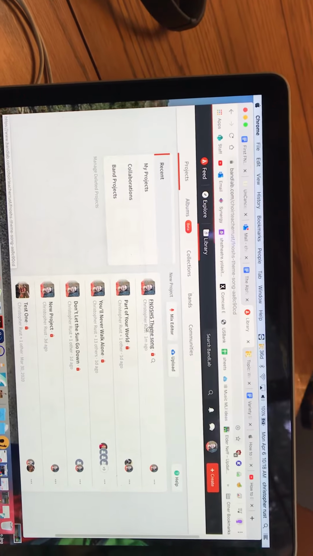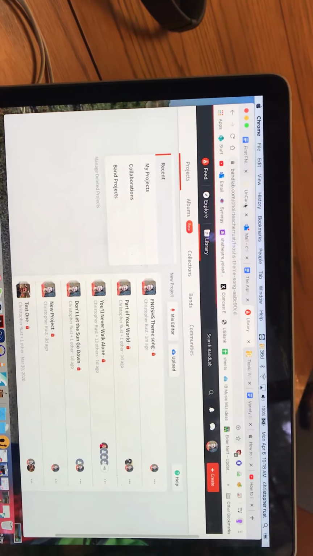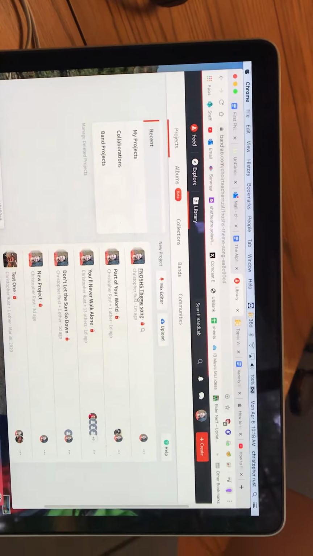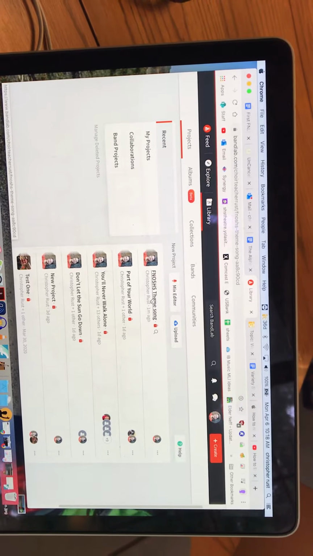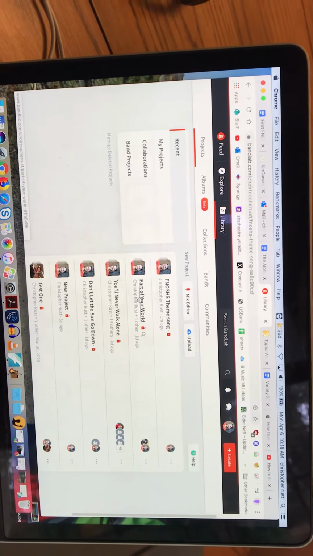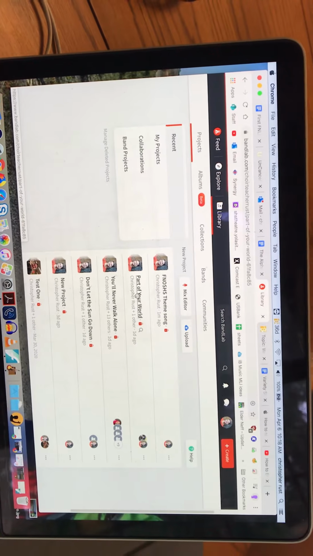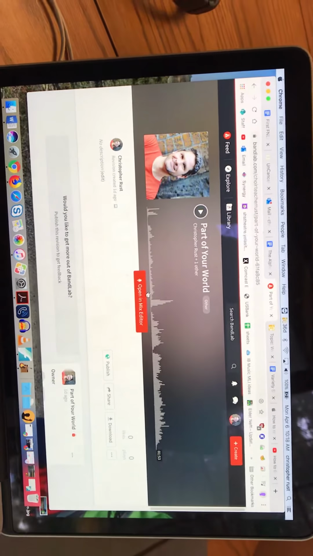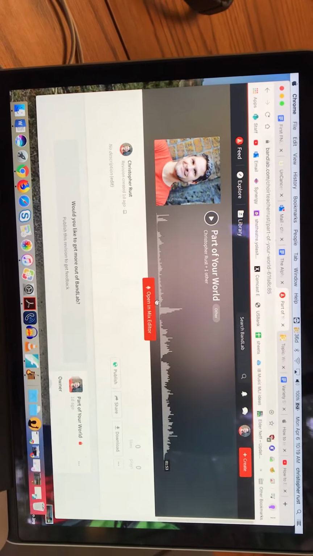Now, notice all of the tabs I have open right now. If you're working online, it's going to slow things down. Already I'm having trouble opening this. I'm going to try opening a different one. And it's not that I have a bad internet connection. It's just that